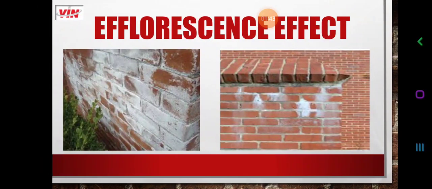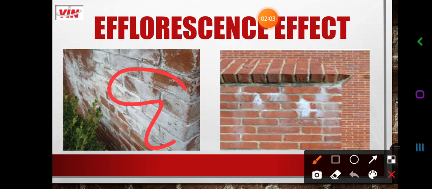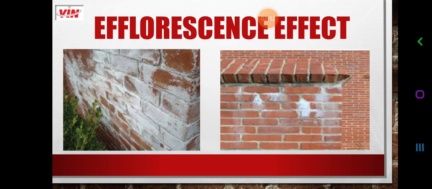Before we go into the deep discussion about brick, you have to know what is efflorescence. The alkaline salt present in the brick absorbs moisture from air, which on drying leaves a powdery deposit on the brick. This is the powdery deposit, as seen in this picture. This will also occur if the clay used for making bricks contains pyrite and the water used for pugging the clay contains gypsum. This is called the efflorescence effect.